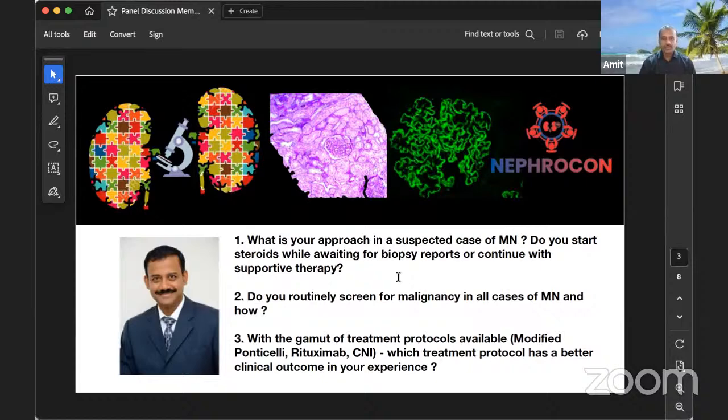If the PLA2R is positive, then obviously you decide what sort of immunosuppression you want to give. And I guess we will discuss that in part 3 of the section, in terms of what treatment protocols we use. Sir,